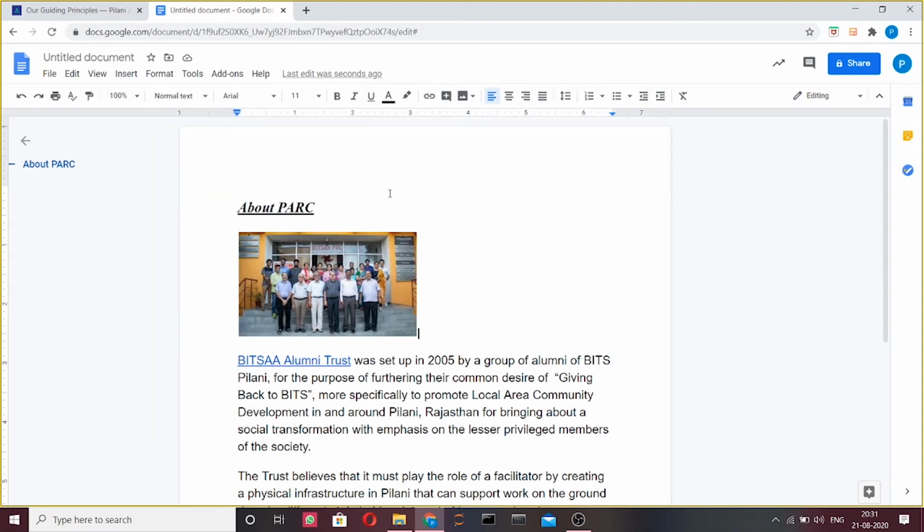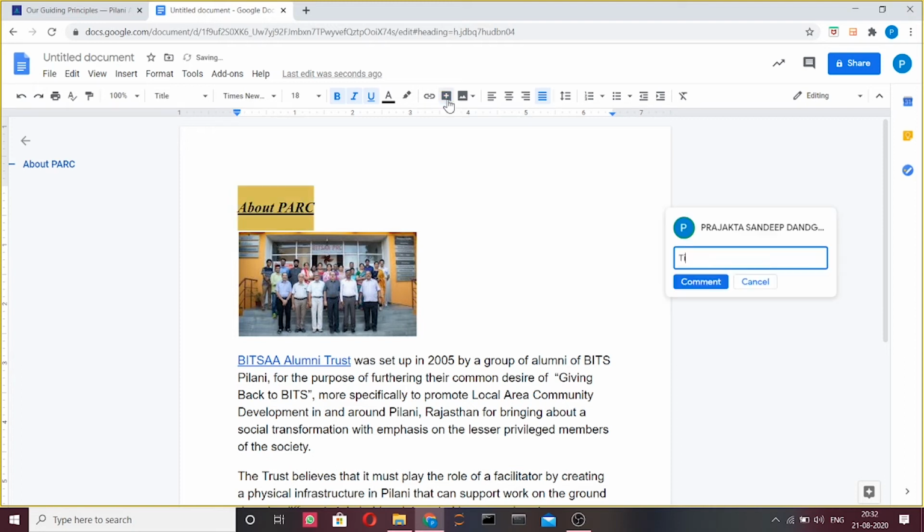Next we have is Add Comments, which allows you to add comments to the selected text. Here, we first select the necessary text and then select Add Comment. Note that the comments will only be visible to the people you have shared the document with and have the edit access. This will be covered in the later bit.